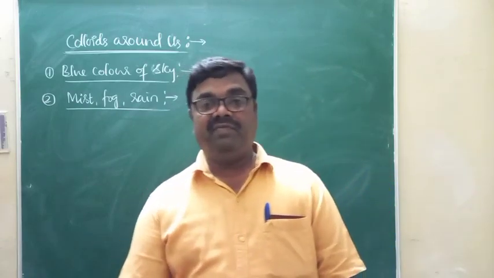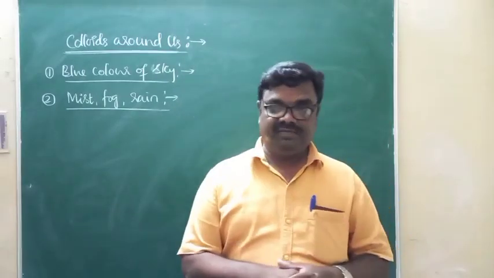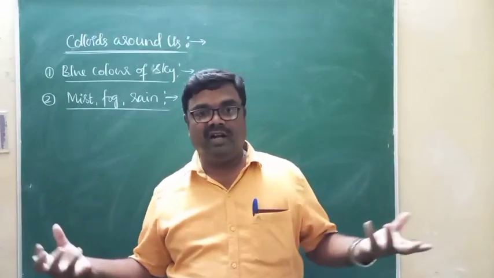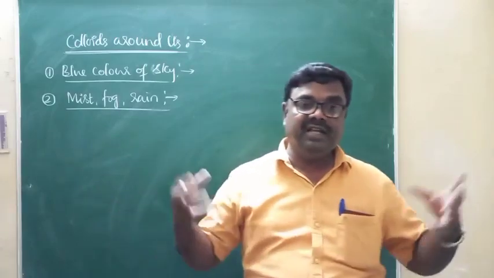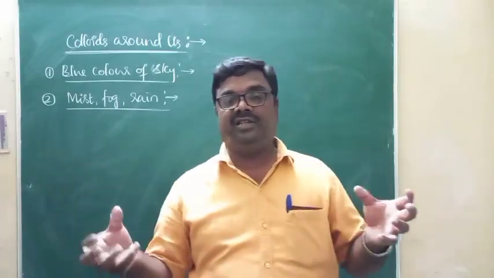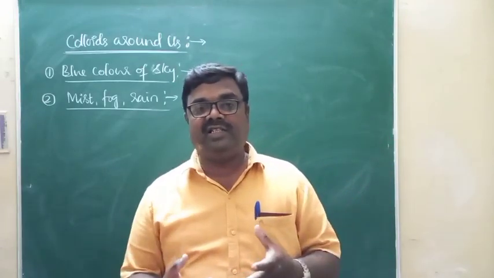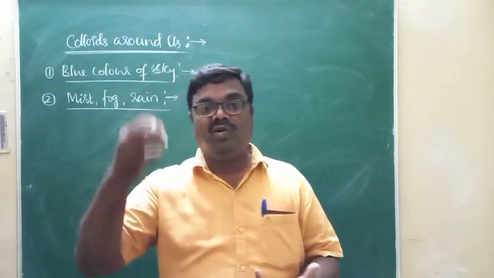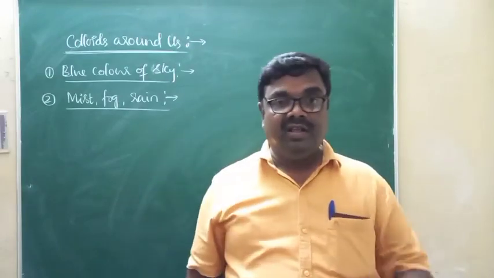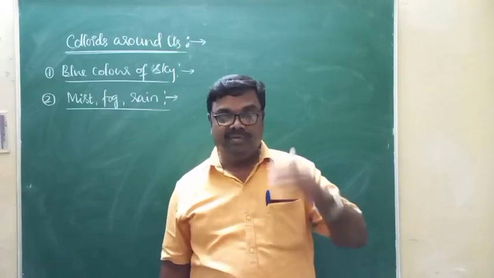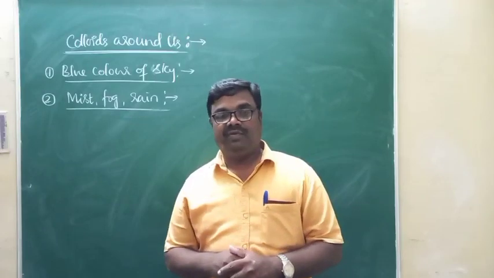At the same time, rainfall is also due to the mutual coagulation of oppositely charged clouds. Clouds are nothing but colloidal systems, and the water droplets present in the clouds are characterized by charges. When two oppositely charged clouds meet one another, what happens? Mutual coagulation takes place, which results in heavy rainfall. That results in coagulation of water droplets in the form of heavy rain. So that's why heavy rainfall within a short period of time is due to the mutual coagulation of oppositely charged clouds. So this is what we call the formation of rain.